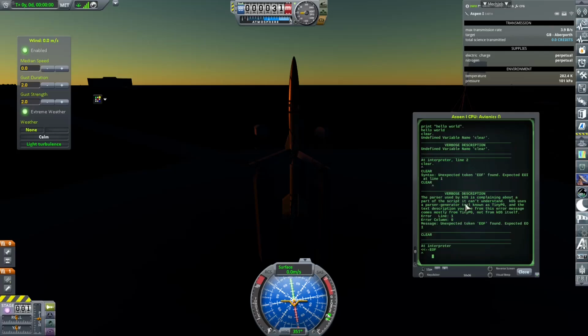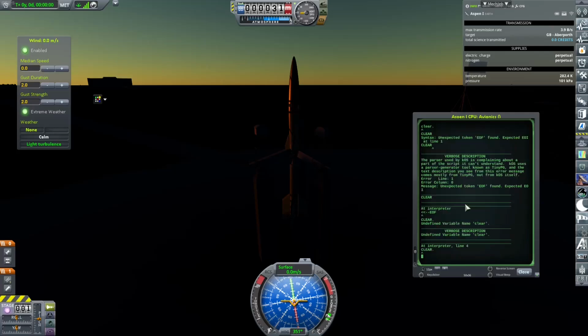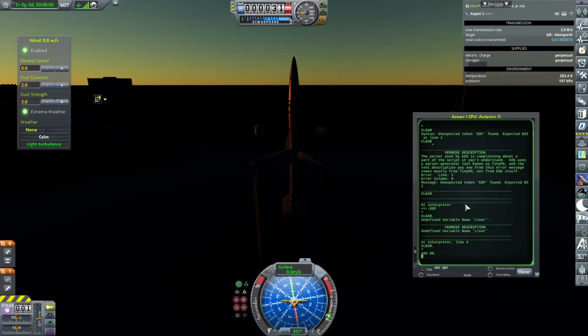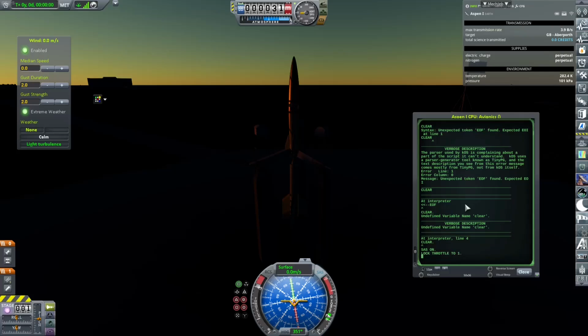Clear. I'm almost certain that was a thing. Anyway, let's do SAS on. And we want to lock throttle to 1. And we want to stage.